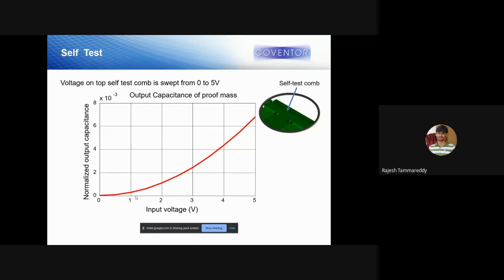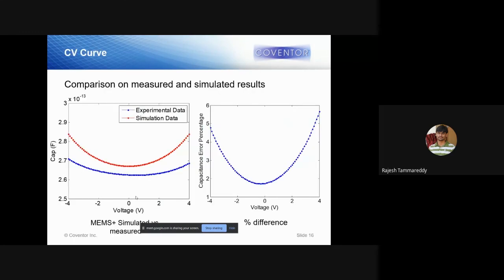In the same way that you saw displacement in the previous slide, here it is capacitance. Whenever you apply voltage in the self-test, some capacitance change happens, and that is what you are measuring here in the simulation. Next. If you see here the CV curve, due to applied voltage, what is the capacitance? This compares your simulation data with your experimental data.